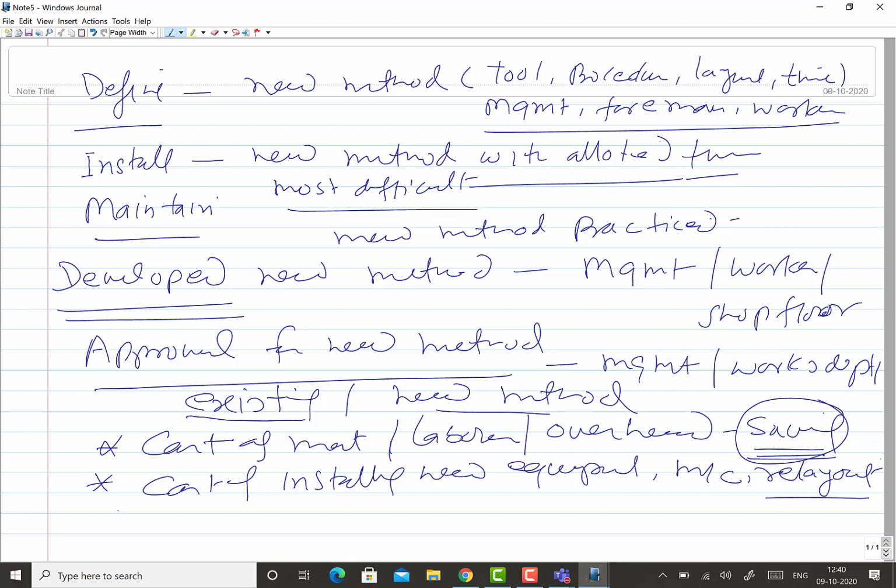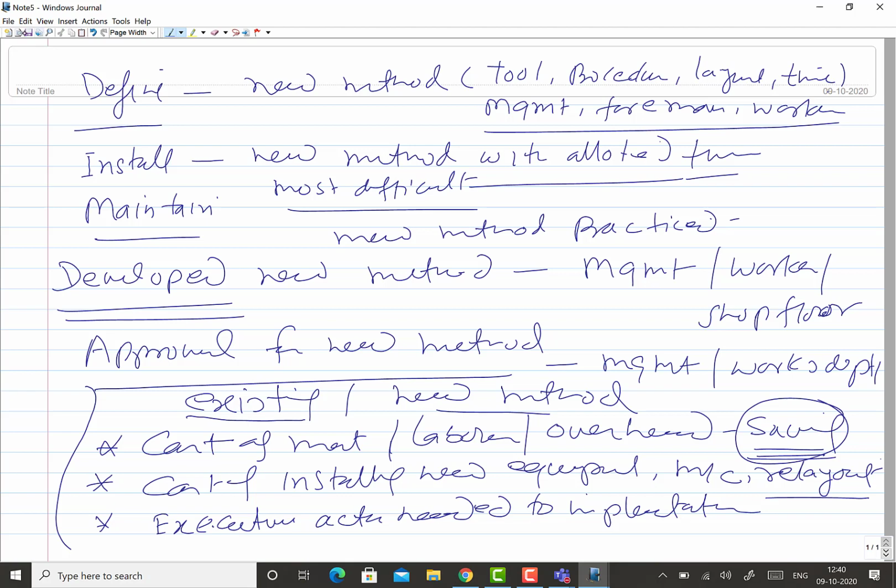Okay, and to deal with this, what will be the kind of executive actions needed to implement the new method? So what are the different things that need to be done for the implementation of the new method? So a proper case with these details needs to be prepared so that approval for the new method can be realized from the works department or the management department.